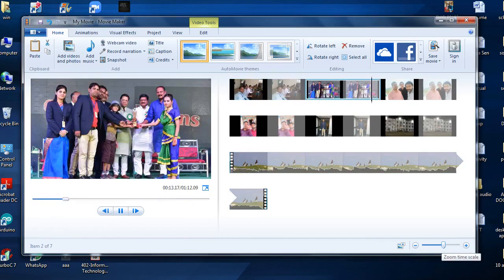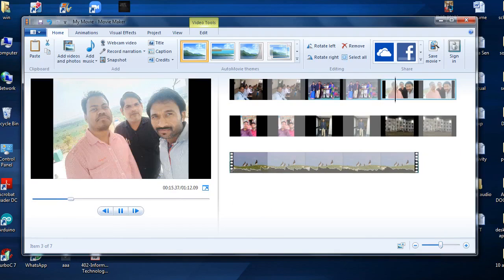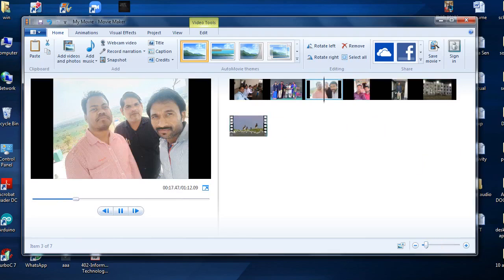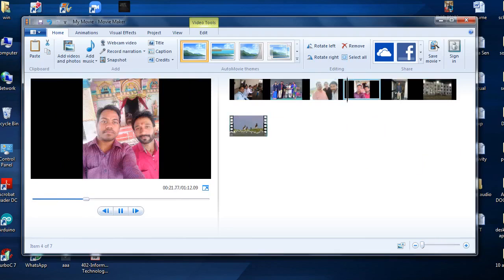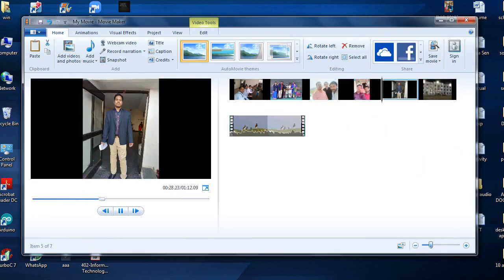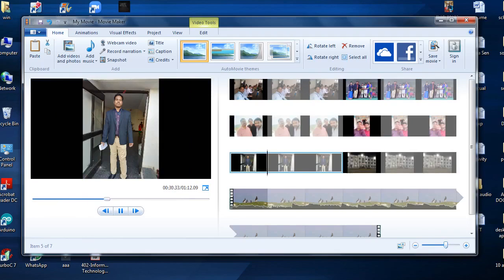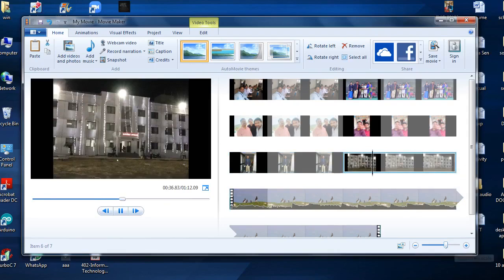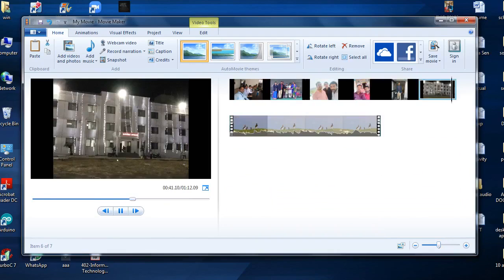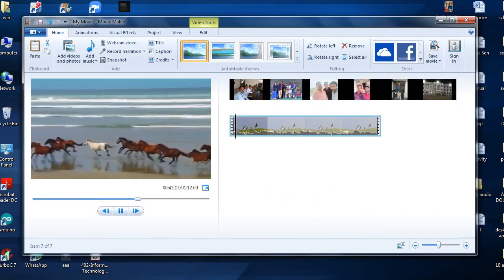So photos are, you know, what is happening? You notice, if I click and drag the slide bar towards the left side, what will happen? This will become very short in time, right? See, it is changing after some seconds, right? And if I drag this towards the right side, the timing will what? Increasing. You can clearly see the timing is increasing. 3 times it is displaying, 3 times this is displaying.